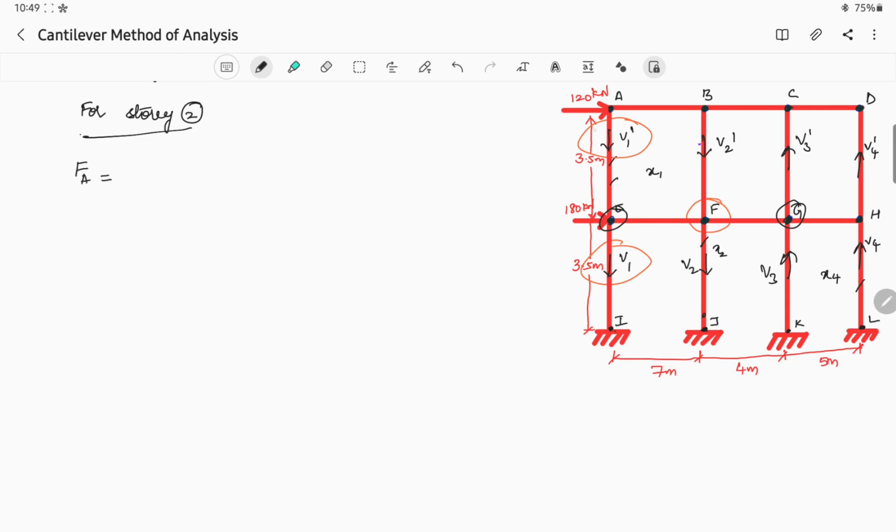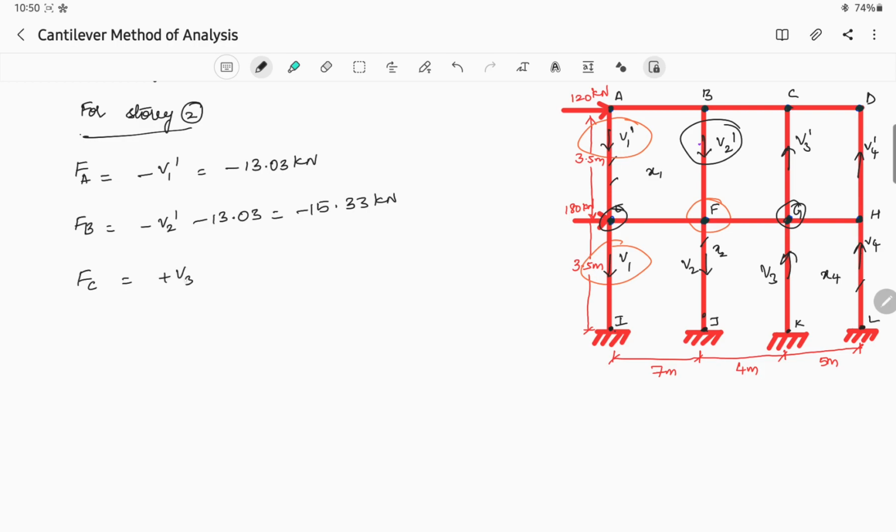Shear force at A is equal to, you can see V1 dash is going away from the joint, isn't it? So I'll take it as minus V1 dash, equal to minus 13.03 kilonewton. Again, for shear force at B is equal to minus V2 dash, which is going in the downward direction, and also the previous value we have to consider, that is minus 13.03, equal to minus 15.33 kilonewton. Similarly, shear force at C is equal to V3 dash is going towards joint C, so we will take it as plus V3 dash,